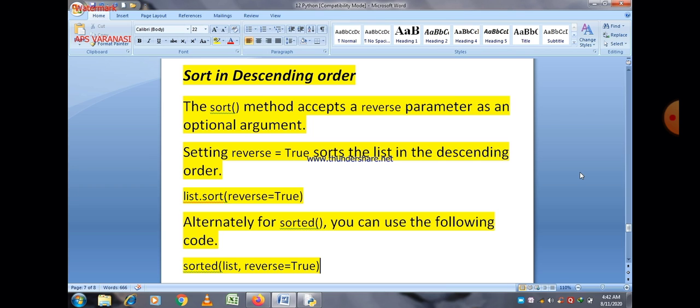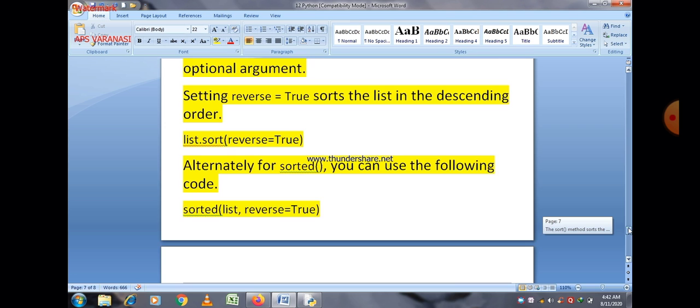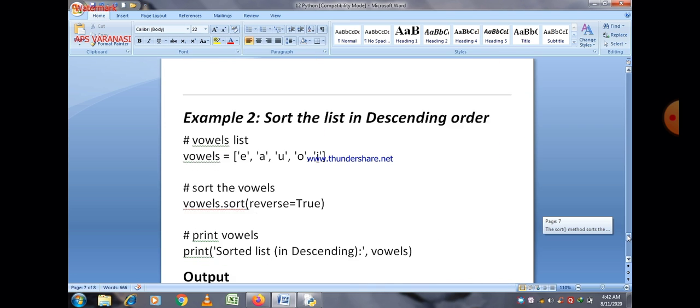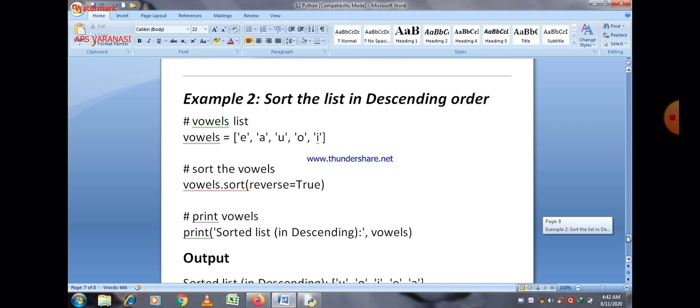If you want to find a list in descending order, then just write the name of the list, then sort, and then just write reverse is equal to true. The elements are found in reverse order, meaning in descending order.